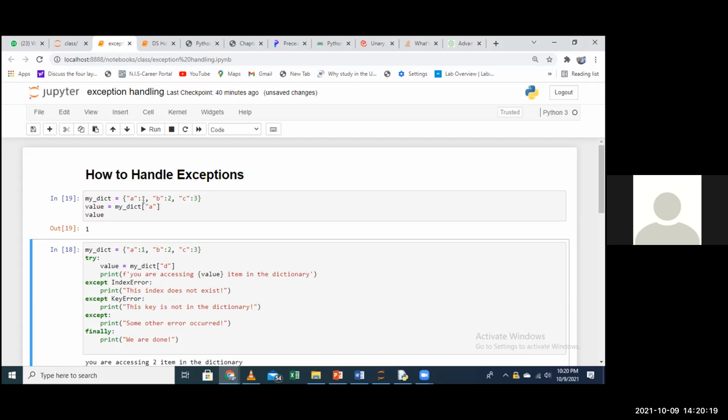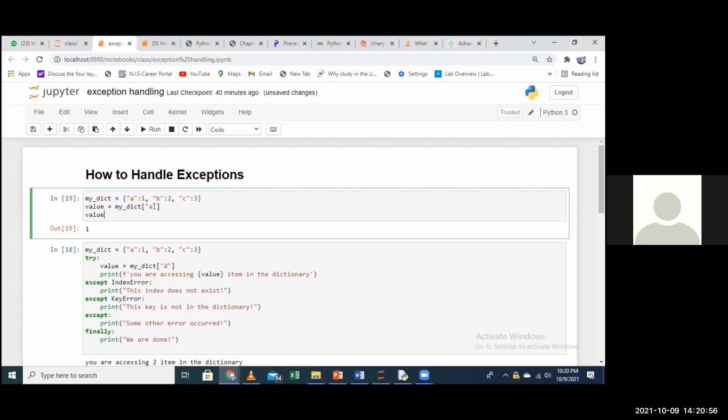So when you're trying to access the values of a dictionary, you can use a key, the name of your key. If you want to access B, you just say my dictionary and then the key by name, and this will give you the value for this key. Remember, for every key you have a value, a key-value pair. That is how you access. If you know how you access items in dictionaries, then you know what I'm doing here.